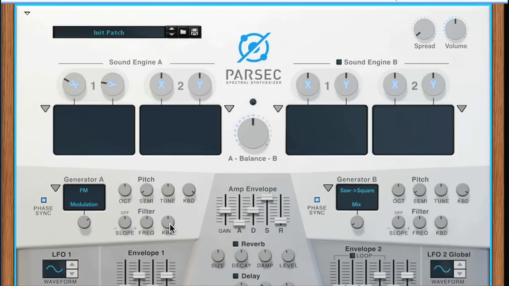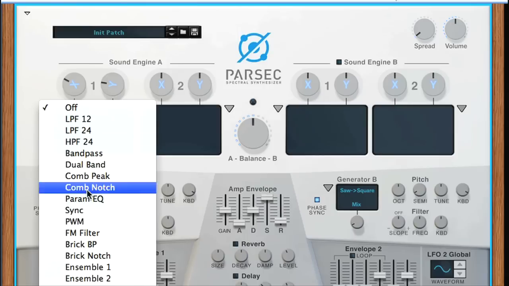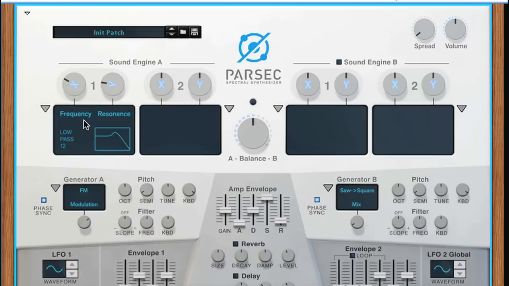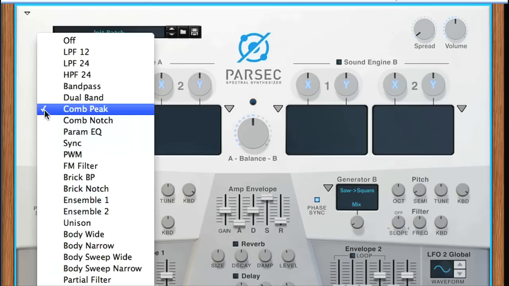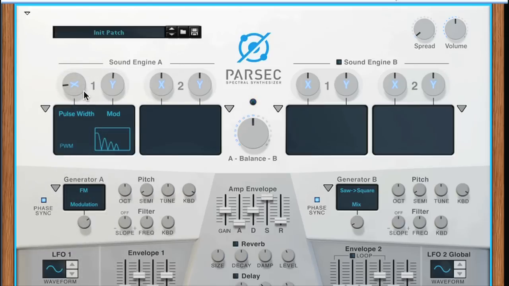After the signal has left the filter section, it passes through the 2 modifier sections, which can be selected from a whole range of options. If you like, they can be straight low-pass or high-pass filters, after which the X and Y dials become the cutoff and resonance. Or you can choose a more colourful filter shape, like a comb. You've got some moving options like pulse width modulation if you want something less static,